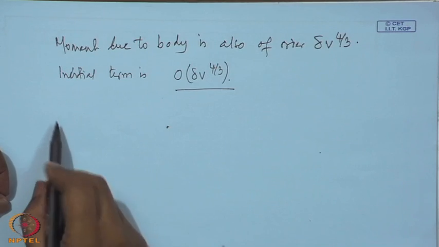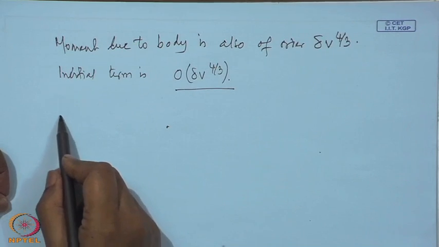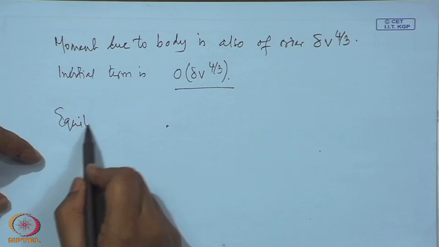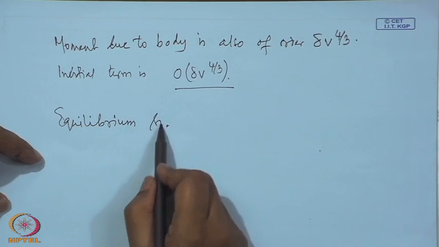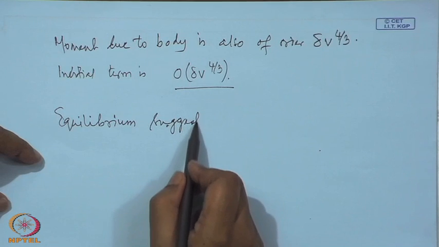So, that gives that the first term is 0. So, equilibrium suggests